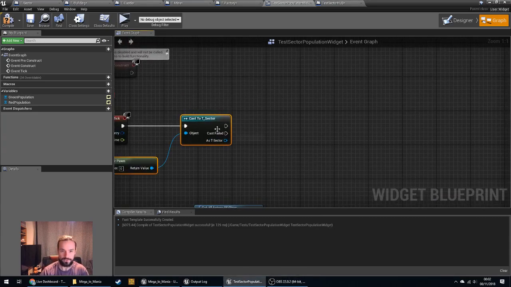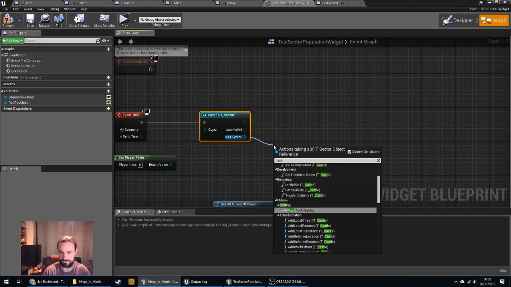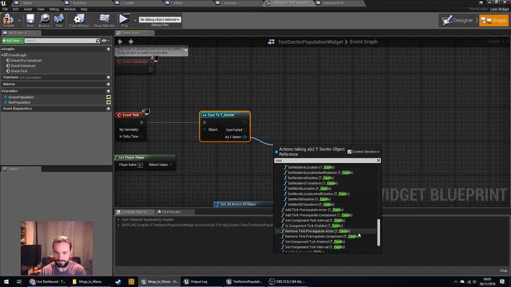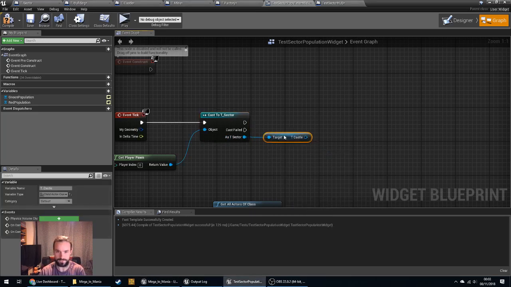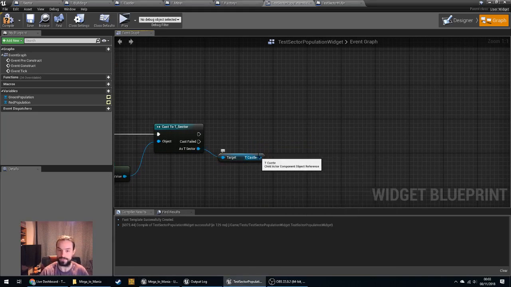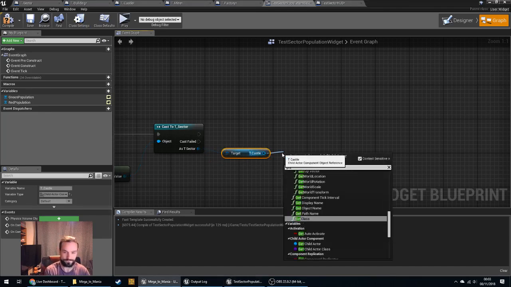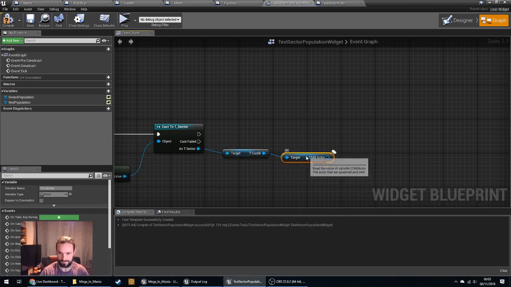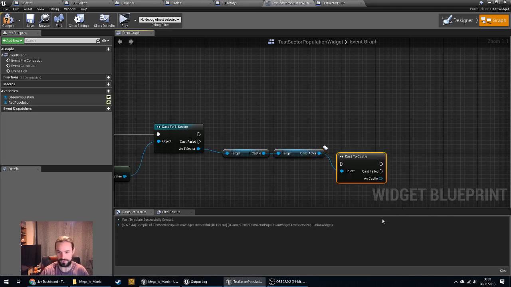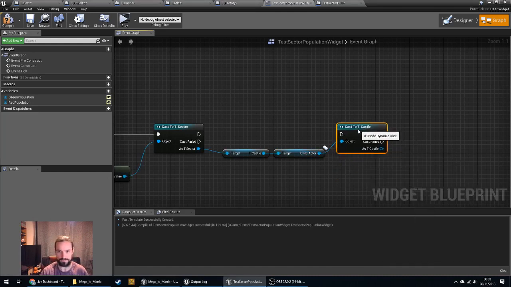So we've converted it to a sector, and we get the castle. That's what we want. Get castle. So we're going to get the castle, and from that we're going to get the population. So can't get the population because the castle, using this method, is simply a child actor component object. We can use the get child actor and again cast that to the castle. What we probably will end up doing is doing this cast within the sector for all of the actors, because